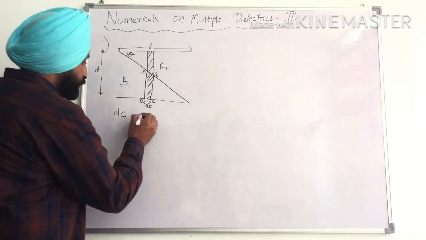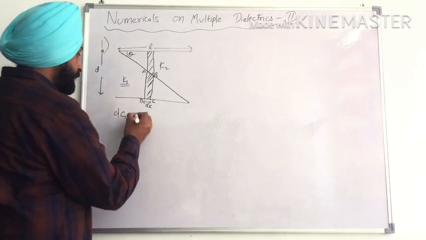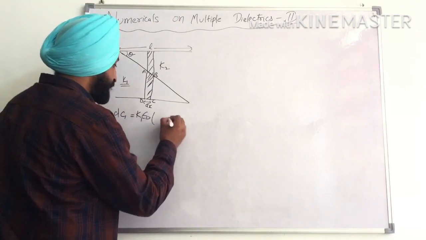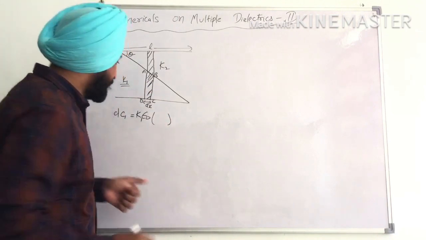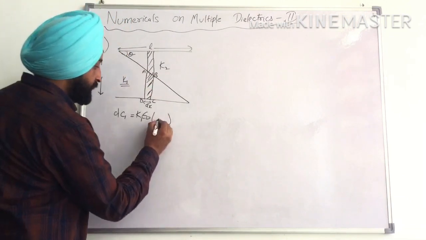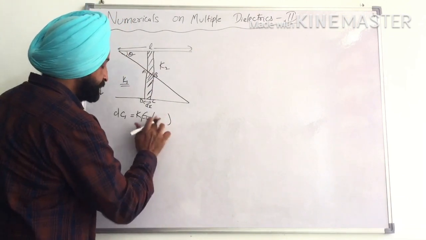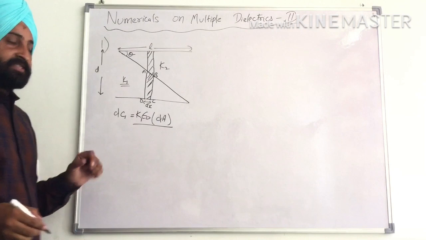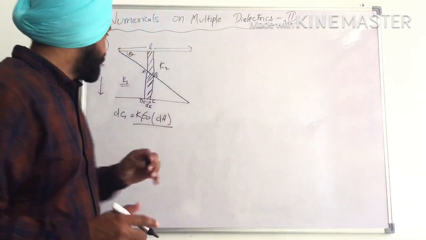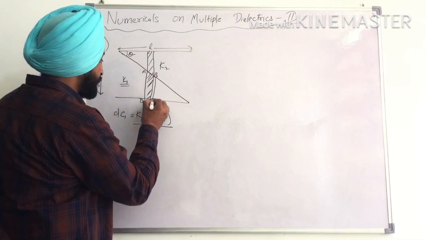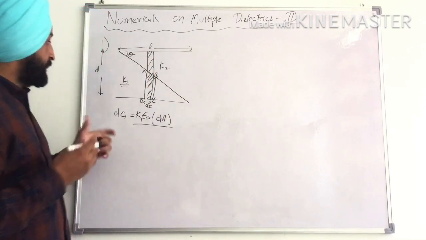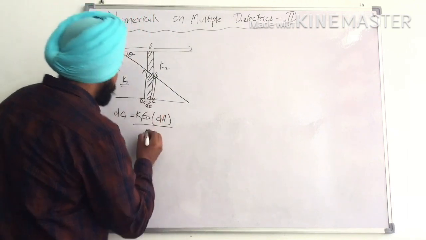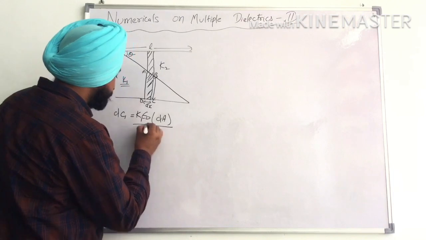Now this will be equal to epsilon naught K1 dielectric constant, and here comes the area. So what will be the area? We have taken a small area, so I will be denoting it as dA. Fine. Divided by the separation. Now what the separation is, here this separation we have to take, this separation. So we will be calculating what this separation is. So firstly I will be denoting it as BC. So this is our formula.